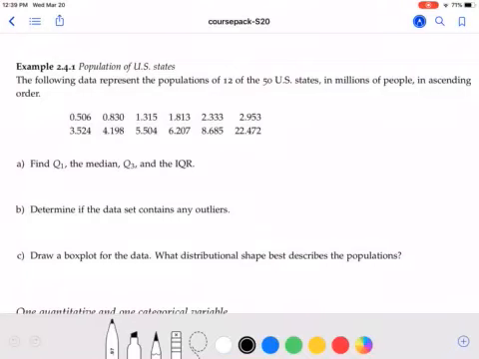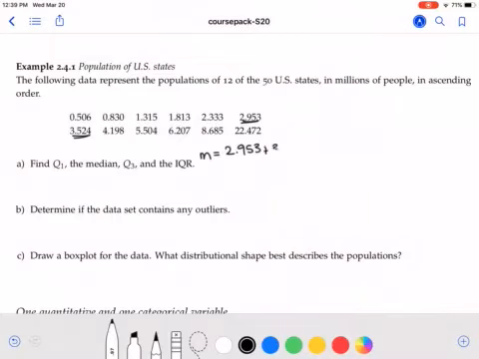We have the population of 12 of the 50 U.S. states, in millions of people, put in order for us. We want to first find Q1, the median, Q3, and the interquartile range. So we have 12 values, so the median will be the average of the two middle values, which in this ordered data set will be this one and this one. So we end up with a median being